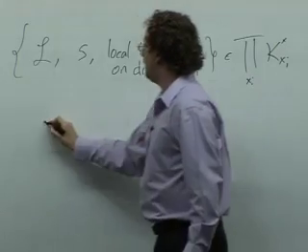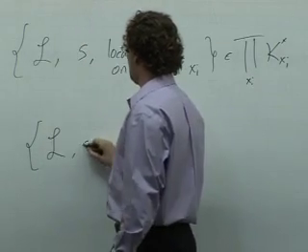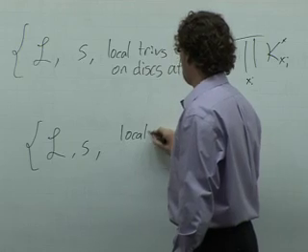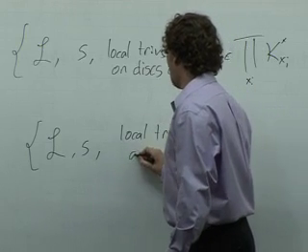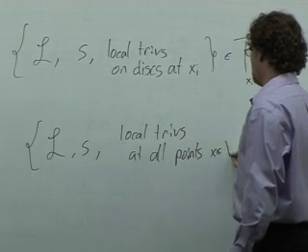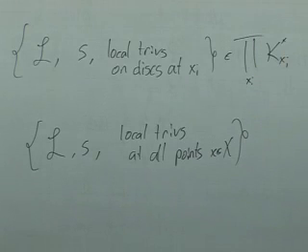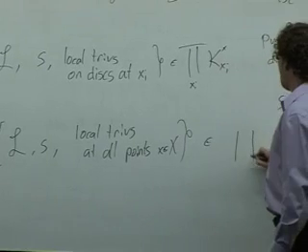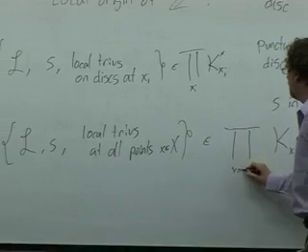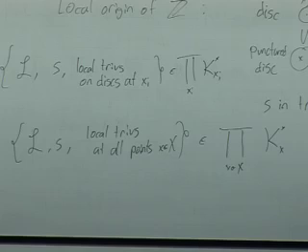Okay. So, and again, I can be less efficient. What I can say is if I take a line bundle L and I take a meromorphic section S, and now I'm going to do something a little absurd, which is I'm going to take local trivializations on disks at all points x. So I'm going to choose a lot of data. I'm going to take my line bundle and I'm going to trivialize it near every single point. Then what do I get? Well, I get an element now, which is a product of an invertible Laurent series at every point, except that at all but finitely many points, I get something that's actually a Taylor series. So there are only finitely many poles.